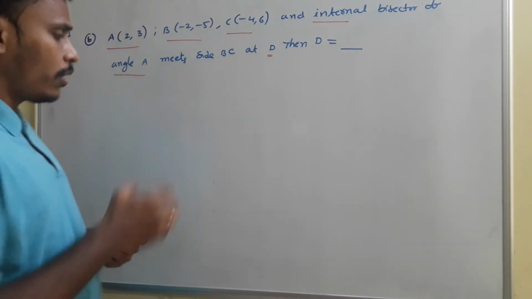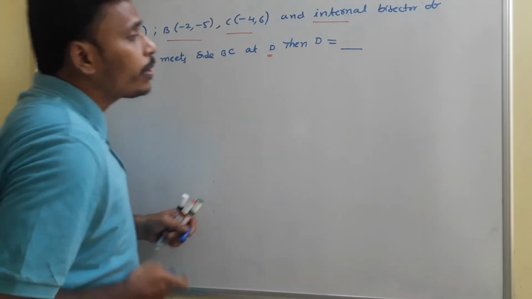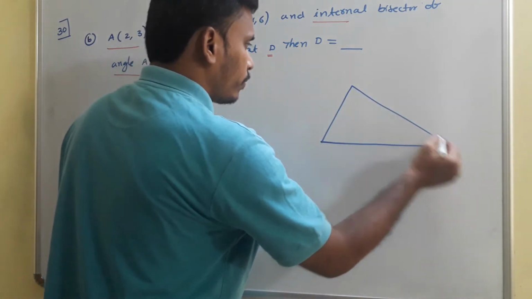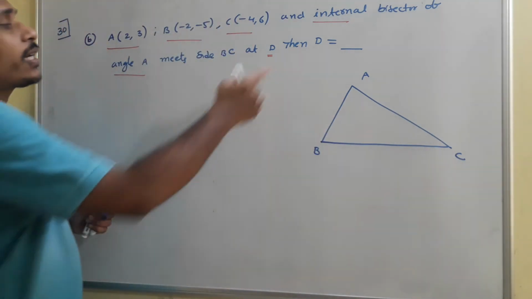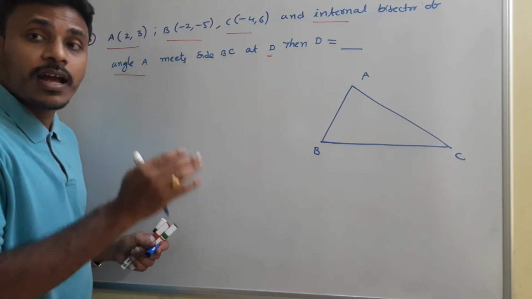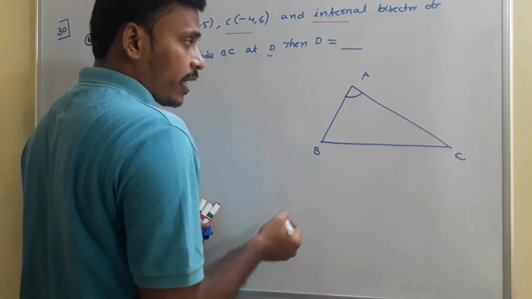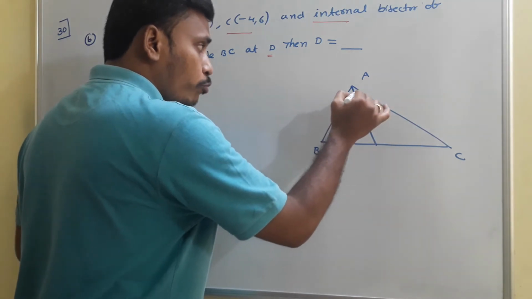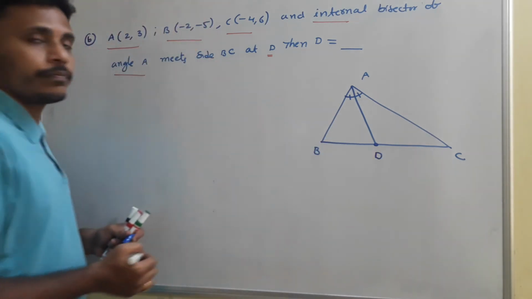Okay, you just look at the diagram, look at the question, and I am going to give you the rough sketch. A, B, C are the vertices of a triangle, so you just take a triangle. Name it A, B, C. As the question says, internal bisector of angle A. So what is angle A and what is its bisector and what is internal angle bisector? That's what you need to know. This is internal angle. Bisector in the sense a line which is bisecting that angle. Okay, that means these two parts are equal. That internal bisector meets BC at D.